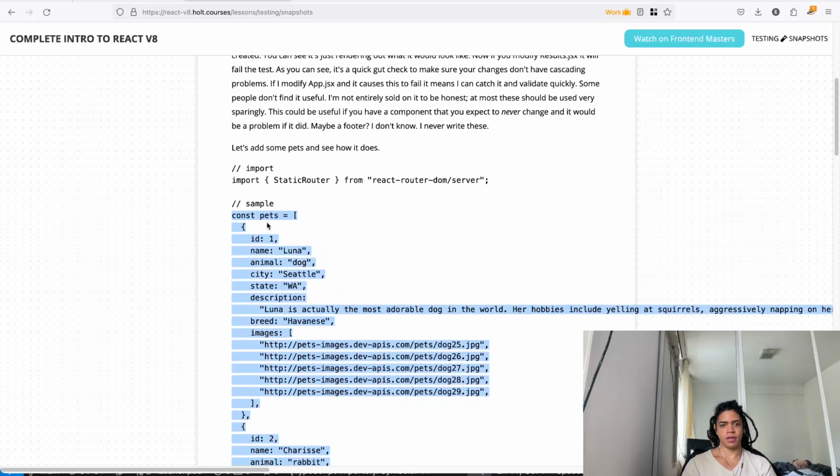Exactly, all of this data. There you got it. So now what we want is, in fact, a test that renders correctly with no pets. Here is where we want to say, hey, I want you to render the result, only like that,